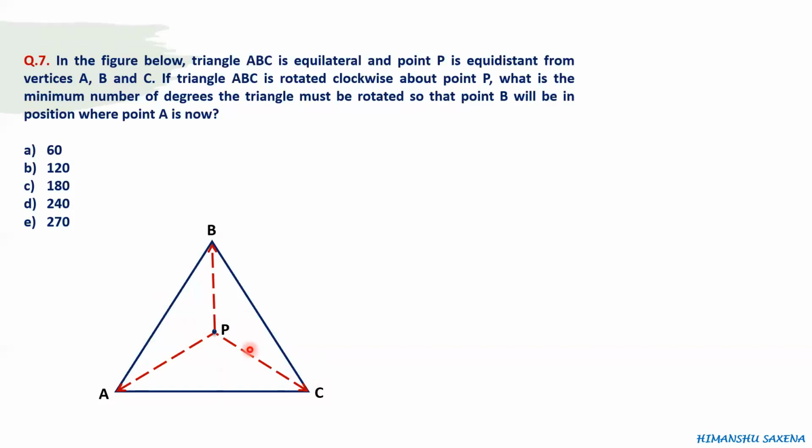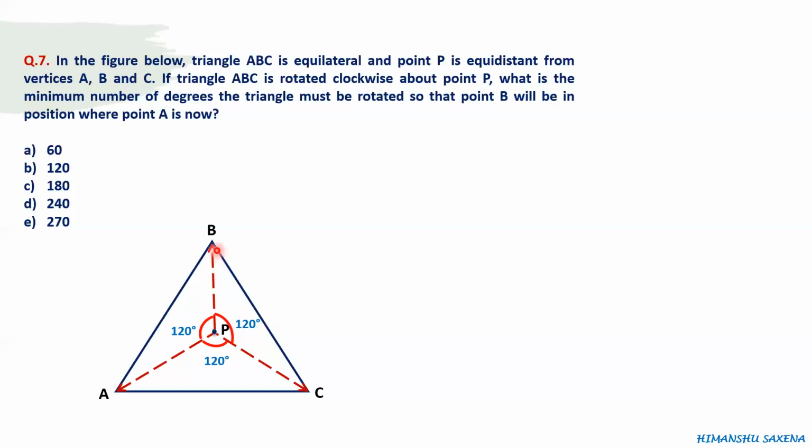Now in congruent triangles, corresponding angles are equal. So this angle would be equal to this angle, would be equal to this angle. In these three triangles, these three angles would be equal to each other. And on a point, how many degrees of angle is made? 360 degrees. So around a point, a 360 degree angle is formed. So if a 360 degree angle has to be divided into three equal angles, then the value of each angle would be 120 degrees, right?